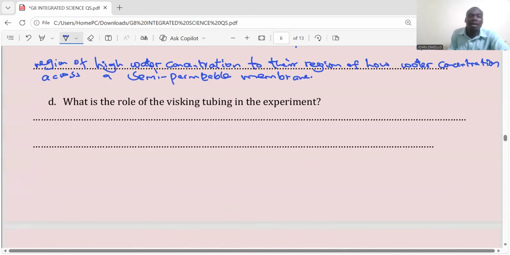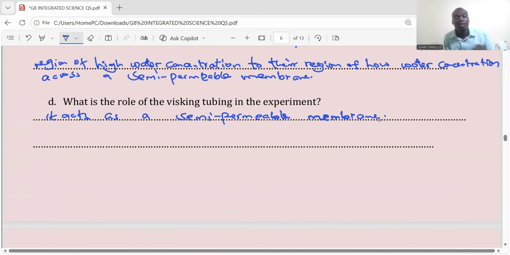Now, we know that the visking tubing, its role, it acts as a semi-permeable membrane. It acts as a semi-permeable membrane, allowing